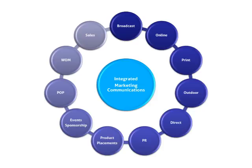But the promotion variable is also referred to as integrated marketing communications. It encompasses all these different communication tactics that are available to us as marketers to communicate with our target audiences. And of course, they range, all the things here you can read, but broadcast being both television and radio. And of course, now that's fragmented because we have streaming TV, we have satellite radio, we have internet radio, we have online options, and we're going to look at some of these in more detail. But just to make the point that there are a lot of different tactics that are available to us as we consider how to leverage the promotional variable,